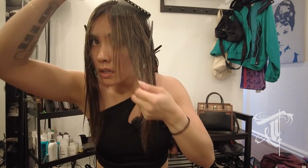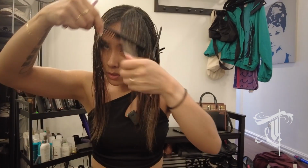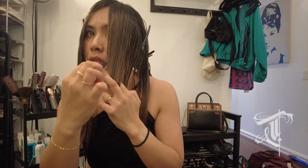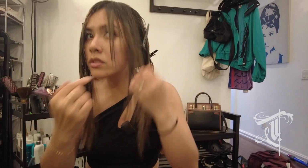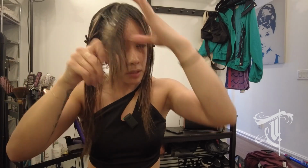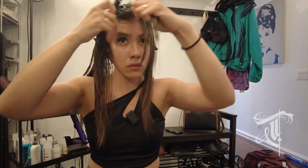Alright, so that's the first little bit there. Just going to refine it with a razor, just to kind of give it a little bit more of that angle. And now the other side. This is probably my bad side, so